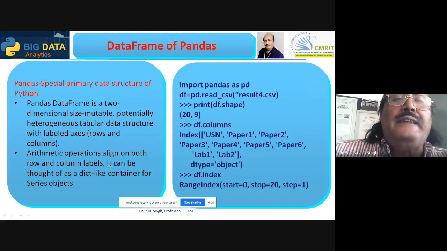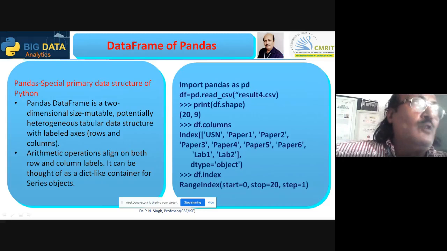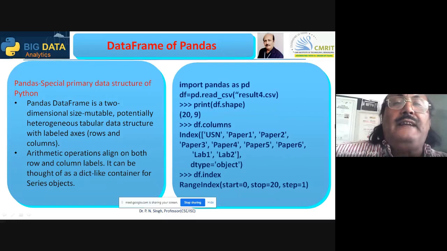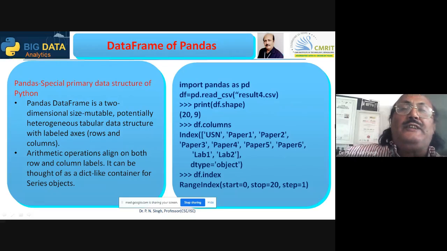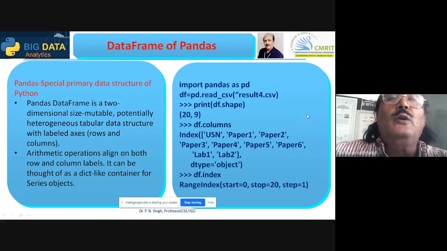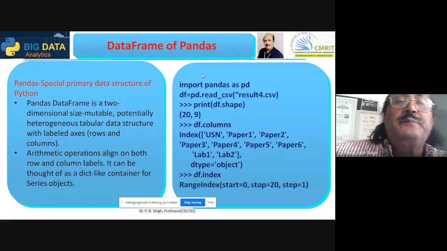First I wanted to know the shape. Yes, it is small, so it will show that it has 20 rows and 9 columns. You may take bigger data sets of 10,000 rows also. If you have installed Python, many data sets are already available there. You can work on that, whether it is a data set of cancer patients or farmers or TED series or player series or event series worldwide.